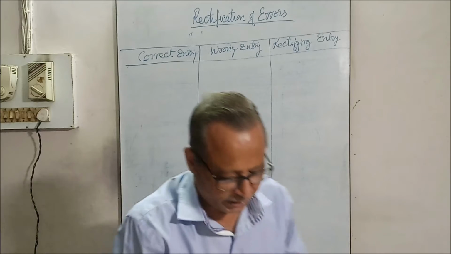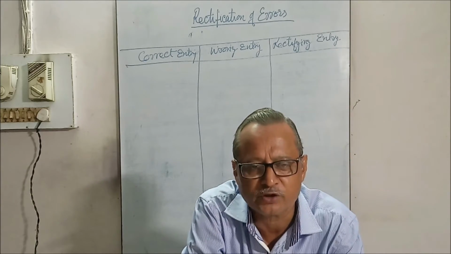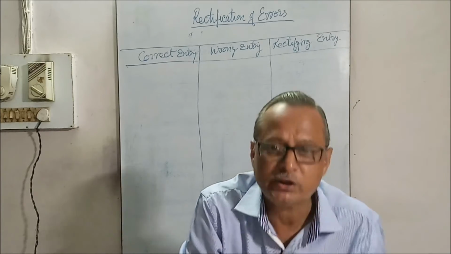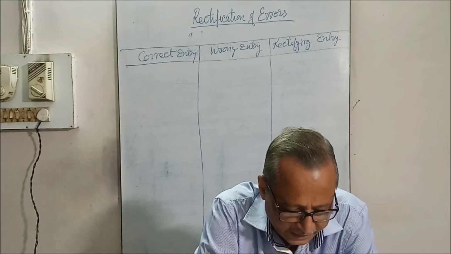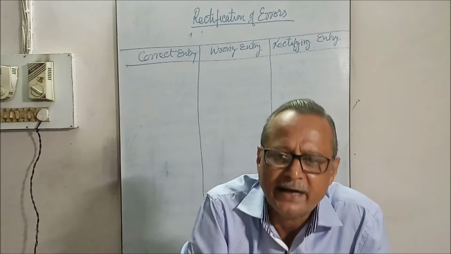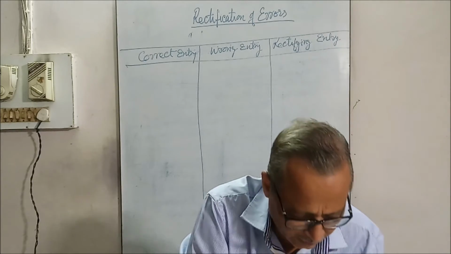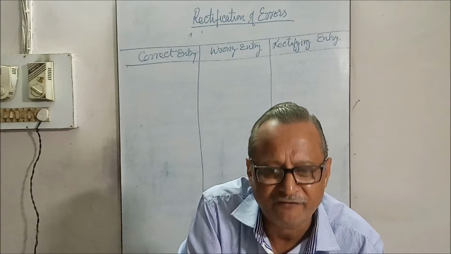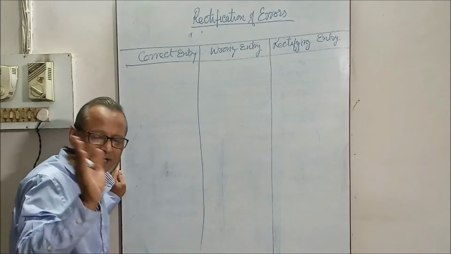Take the first question as it is given in your book, page number 21.46, two-sided errors. The first question: the credit sales to Mridula 5,000 were not recorded. It is an error of omission. In the first question, all omission errors have been given. Now see, credit sales to Mridula 5,000 were not recorded. Credit sales to Mridula is the first part.